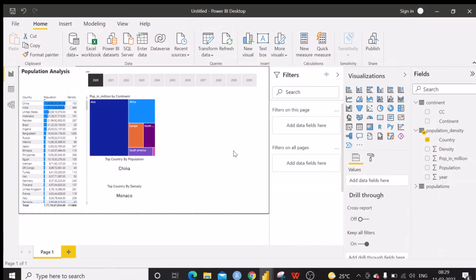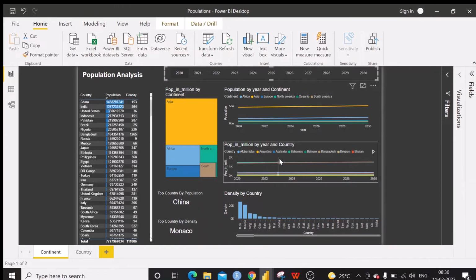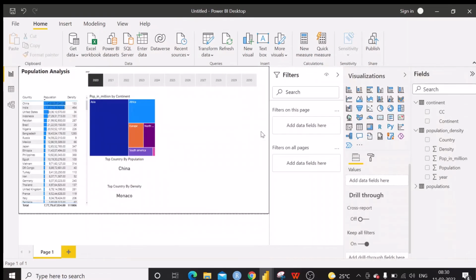Okay, then we will move to the next one, that is population by year and continent.